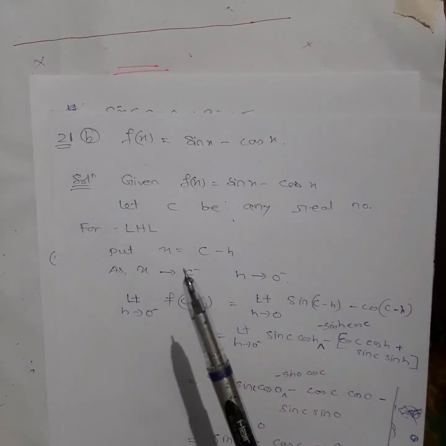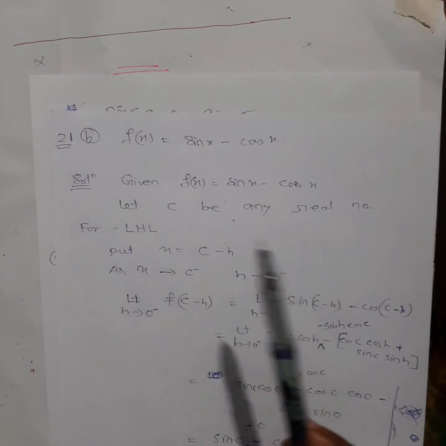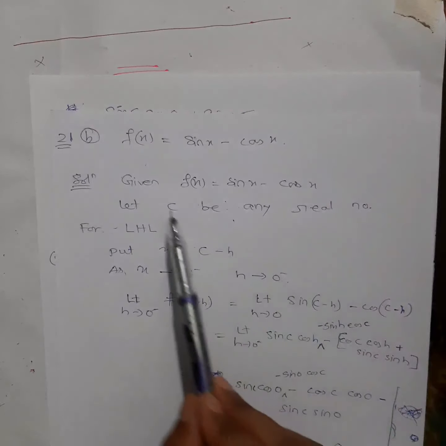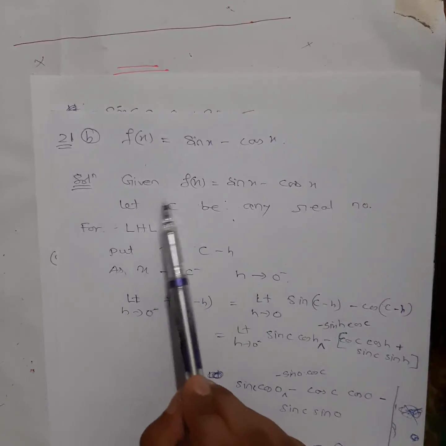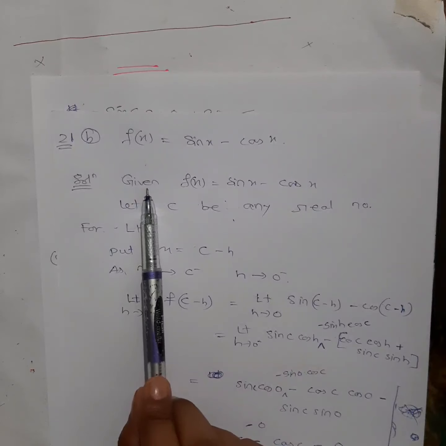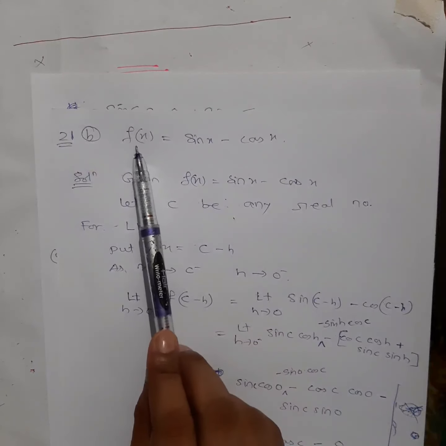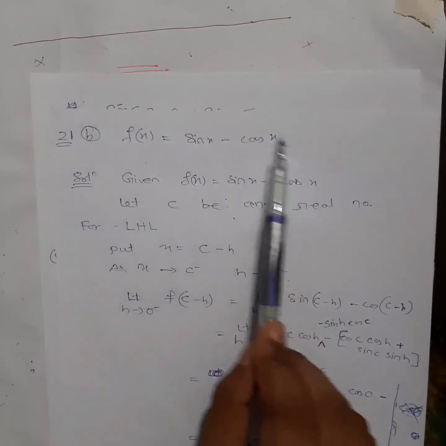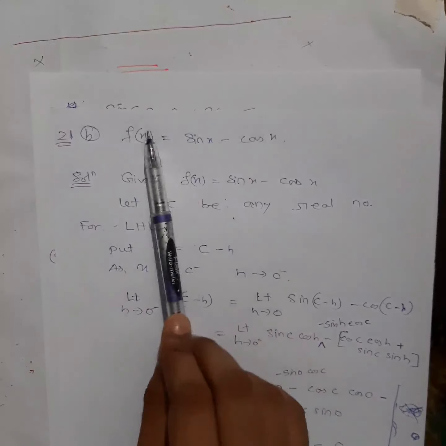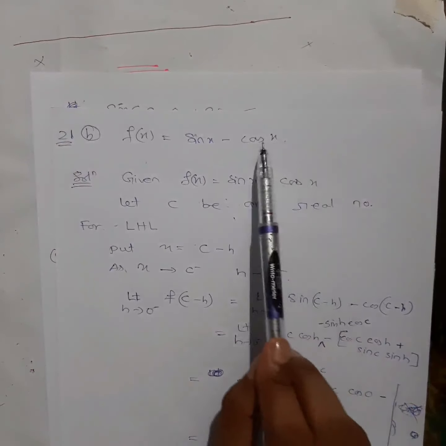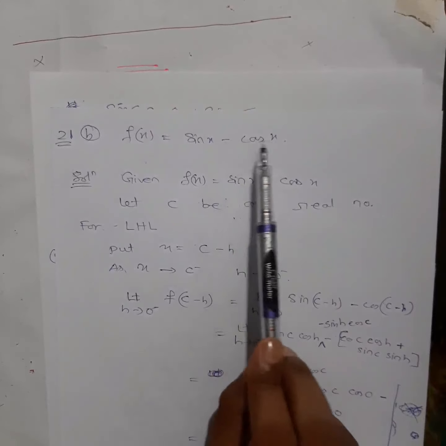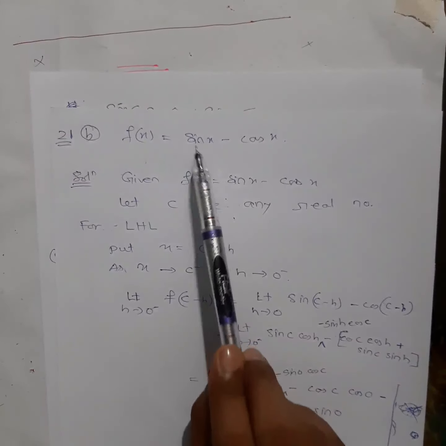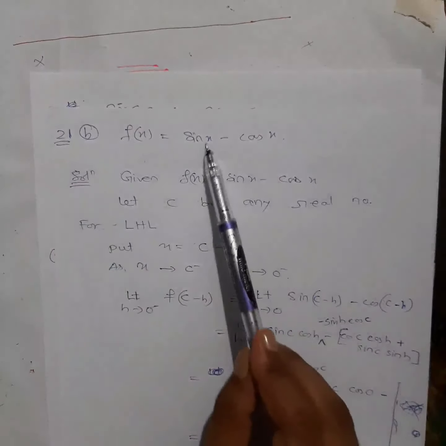Okay, so I will just show you an explanation I have already given you yesterday only. So you just see that video carefully and try to understand that. If you have doubts, ask me in the comment section. So what it says, you have to check continuity of this function, right? Now when they say check continuity of this function and they don't mention any point, then we understand that for all real numbers we have to check